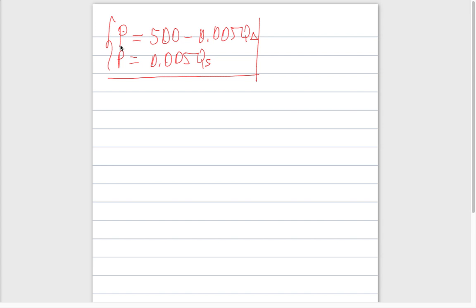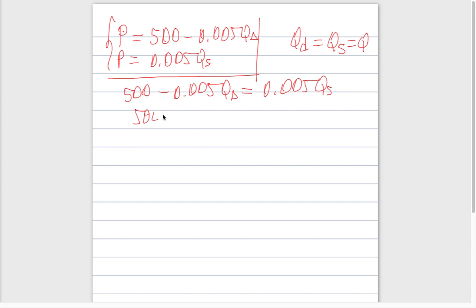Prices are equal in equilibrium, so that gives us 500 minus 0.005 quantity demanded equals 0.005 quantity supplied. Quantity supplied and quantity demanded in equilibrium are equal to some Q, so 500 minus 0.005 Q equals